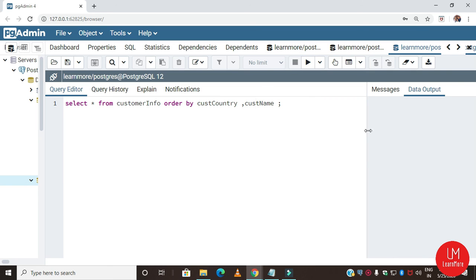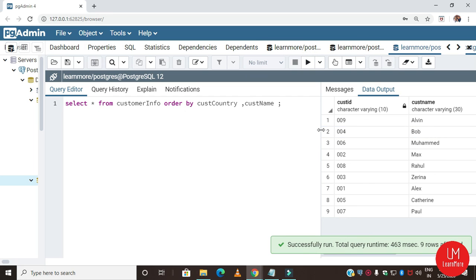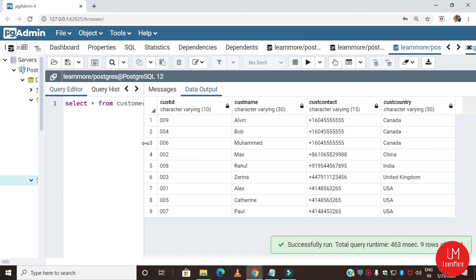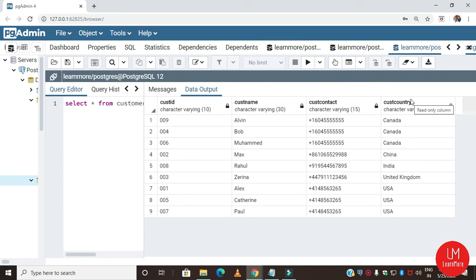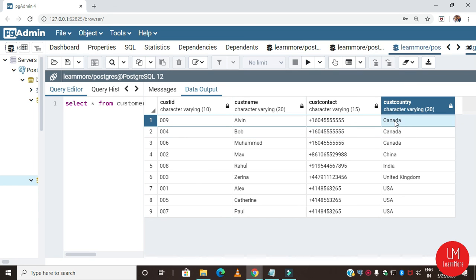Let's run this. Okay, you can see it sorted this table by customer country. That's why Canada comes first, because we are sorting in ascending order. Then again you have Canada, and in that case it sorts by customer name.